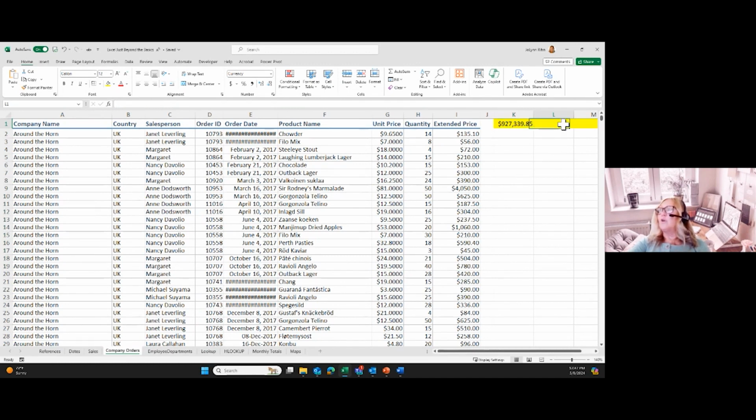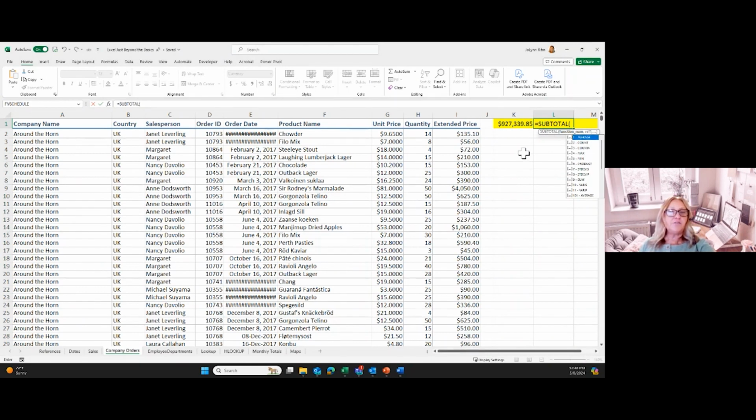But I'm going to do another formula. I'm going to go to L1, and I'm going to create a subtotal function. And the reason I'm going to do this is because I want to add together those extended prices, but I'm just going to do it with a different type of function. And you'll see why I would want to do that here in just a second. So I'm going to create a subtotal by doing equal SU. I'm going to double click on subtotal,